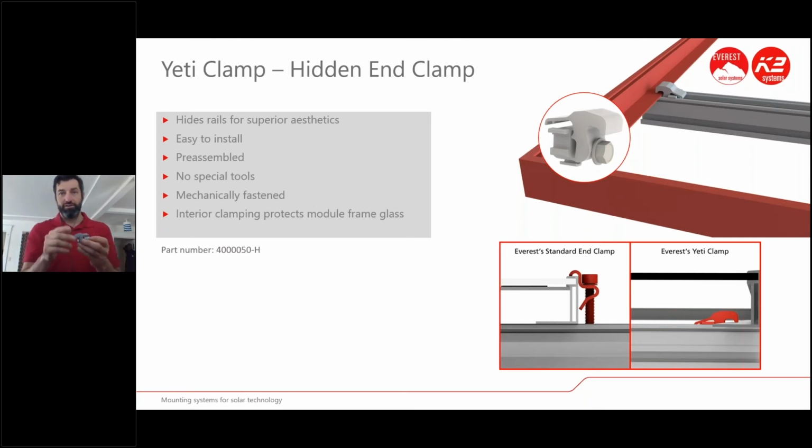You could see a little image there, side by side comparison of our standard end clamp, which we're still going to continue selling, and our new Yeti clamp, which is a hidden end clamp. So it's got this little feature where it kind of cocks back that way so it's ready to go. So if you get it in the box and it comes loose, or you beat them up, or you have some from old job sites that you didn't use, you just kind of loosen the bolt, set that back, and you click that back onto that flange there. If you look closely, it allows you to push it back and have it ready so it's not interfering with